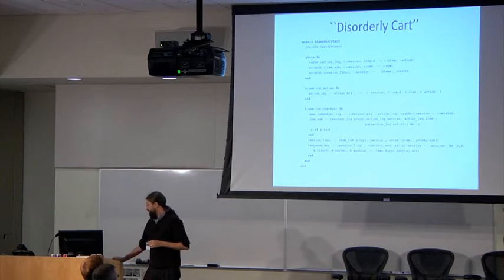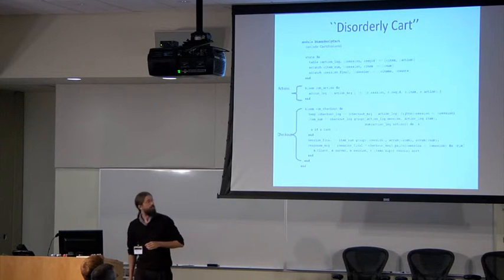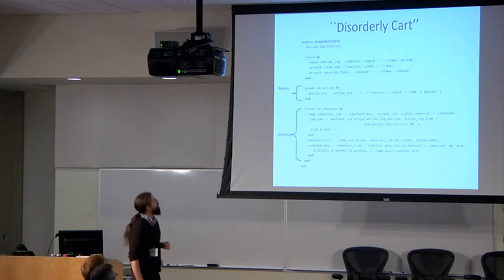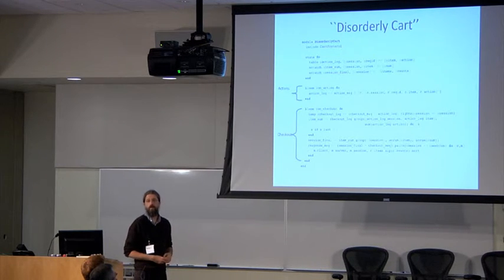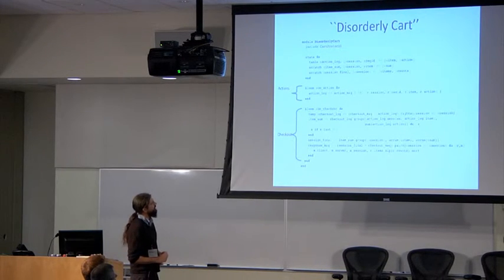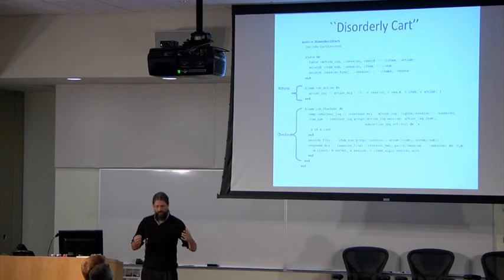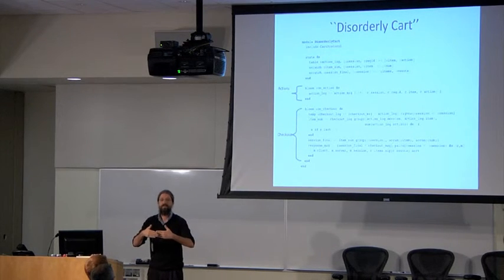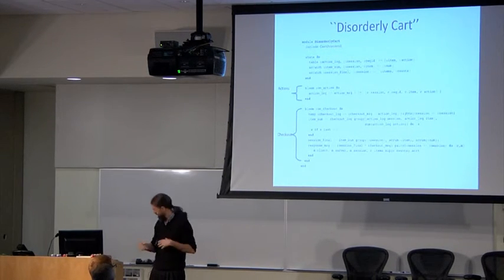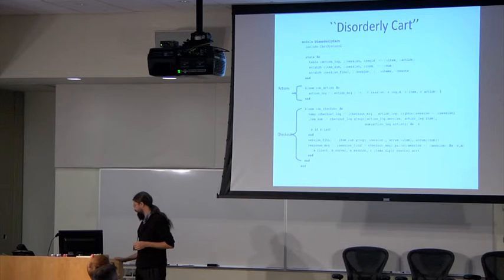Here's the disorderly cart. In the disorderly cart, I don't do very much at all when I get an action. I append it to the end of the log. When I get a checkout, as I said, I do quite a bit. I sort of, at a high level, for every session, for every item, I count up the additions and deletions for that item. I take their difference. I construct an array out of that set, and I ship it back to the client.